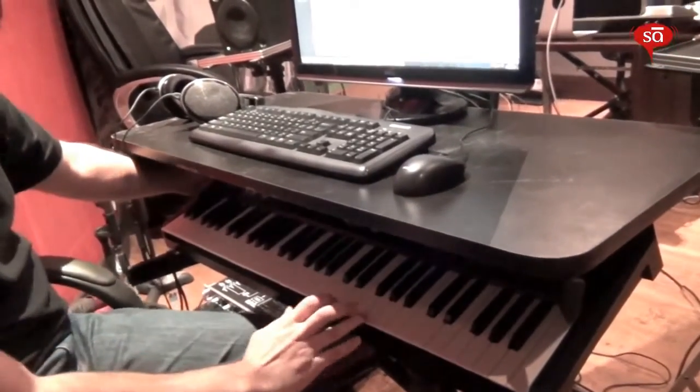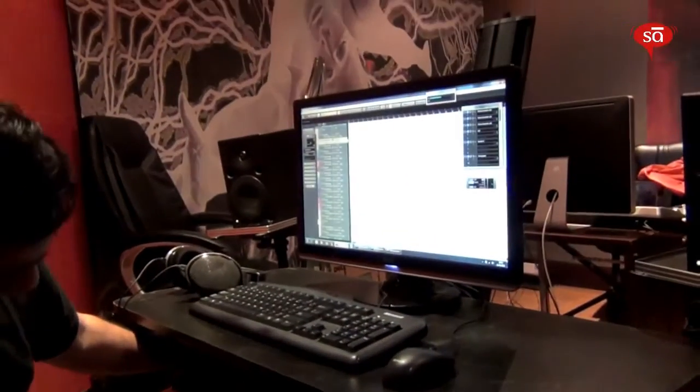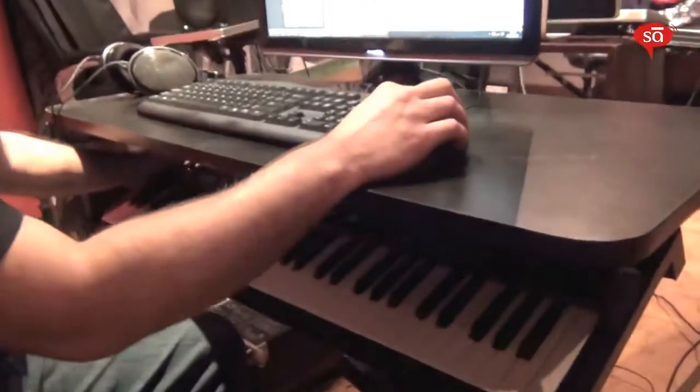And what I'm doing here is I'm controlling the I don't know if you can see um, the crossfade with